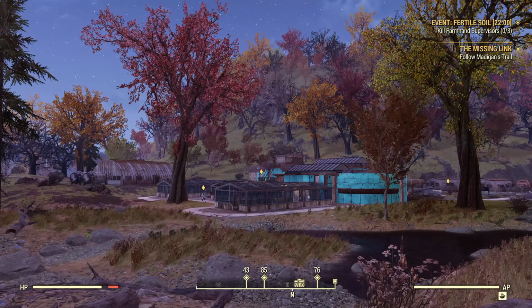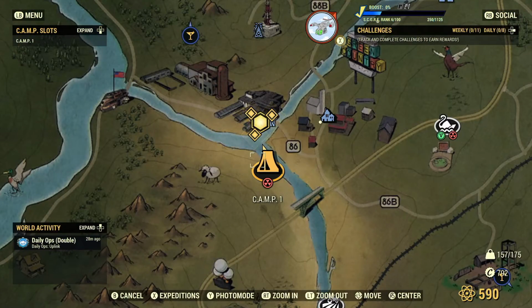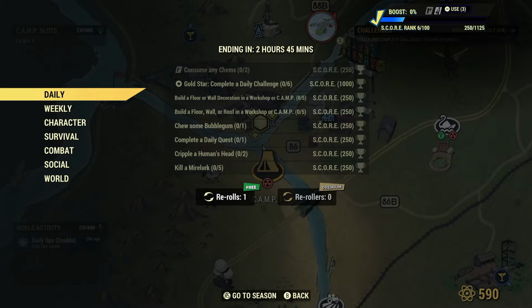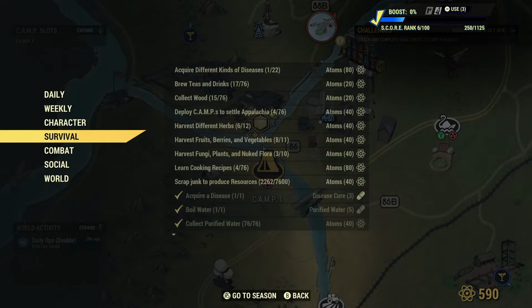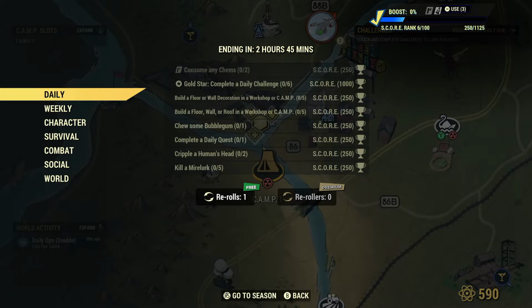Now, following up on the public events are the dailies and weeklies, which you can check by going into the menu. Once you hit the map here, you can go into the challenges that are listed in the upper right. You can tab over, and we can see that there are daily challenges, weekly challenges, character challenges, survival challenges. There's all these different types of challenges, but the ones that a lot of people focus on are the dailies and the weeklies, because these get you some immediate rewards,